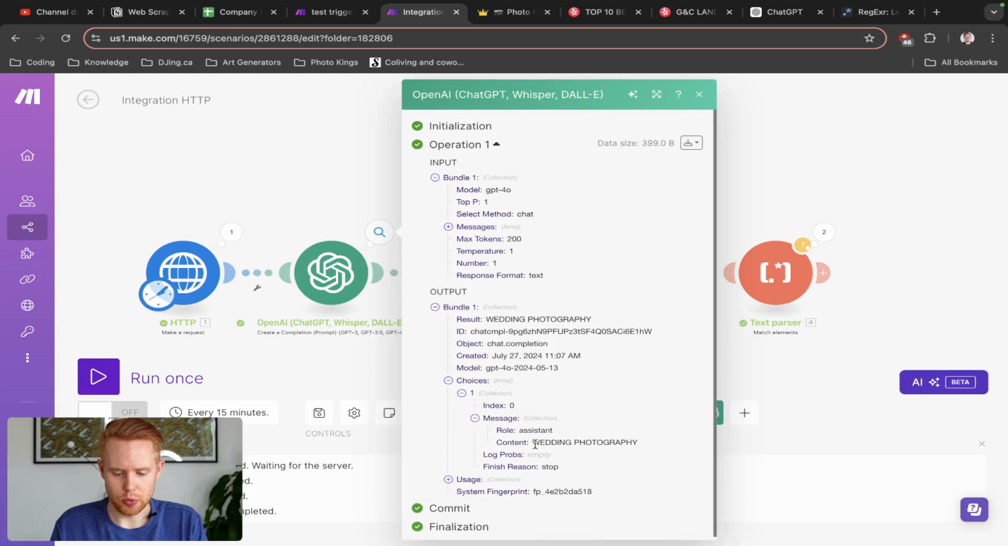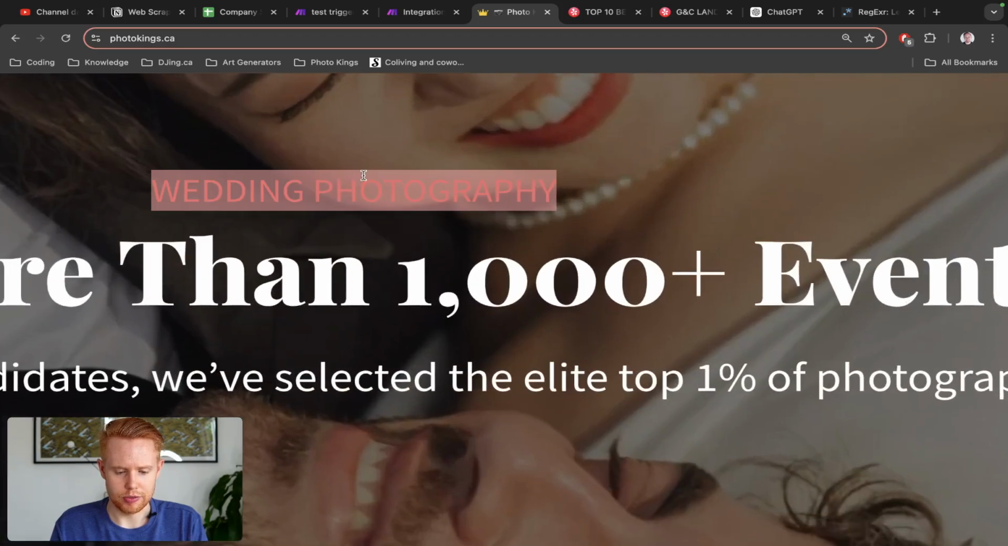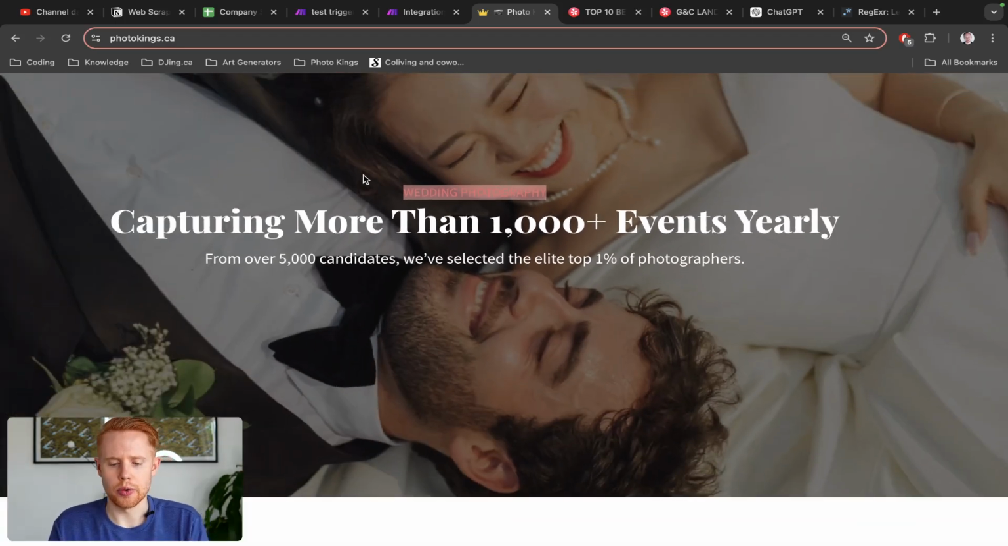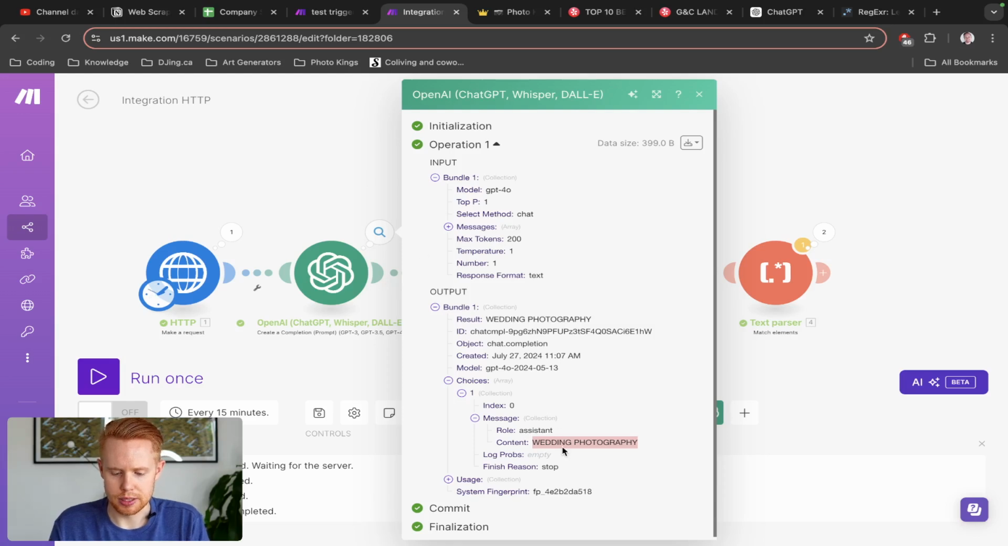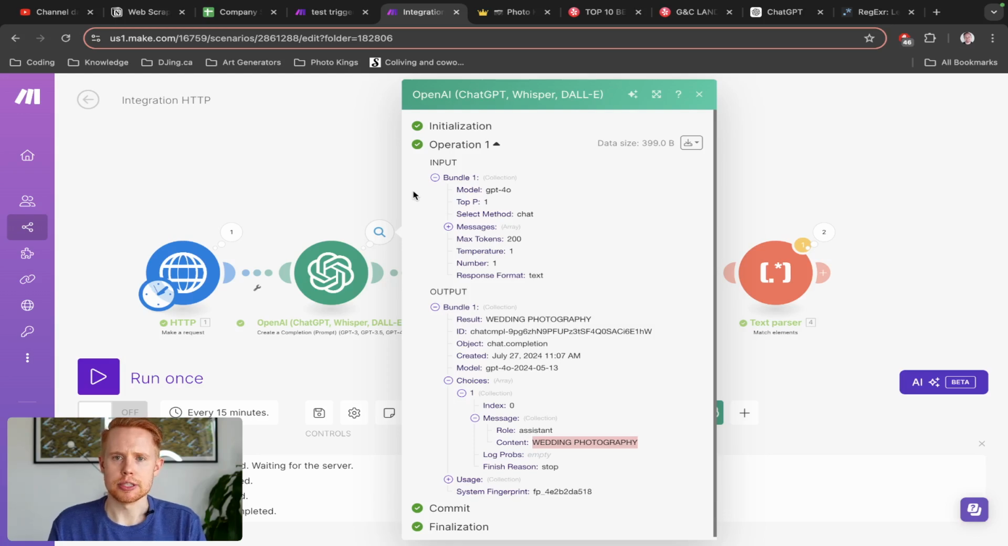So it said wedding photography. Sweet. So it did match correctly. If we go back to the website, it says wedding photography. So it understood right away that what we were trying to do is pull out the text from the H1 tag. So that's a pretty simple way to go about doing it if you just don't want to have to focus on any